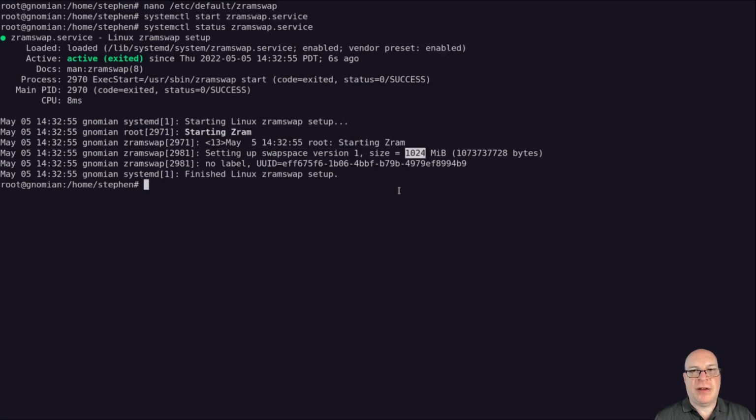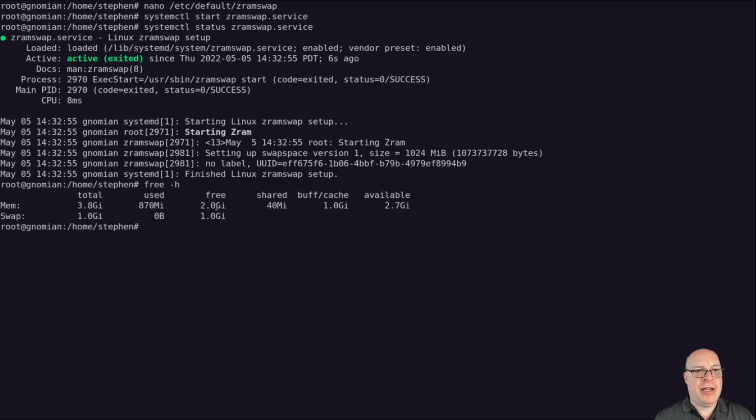We've got 1024 megabyte swap space. So now if we do free -h, you see we have swap configured properly. Because the Linux kernel is engineered and expects a bit of swap space to function properly without an out-of-memory process killing happening. Okay, next let's